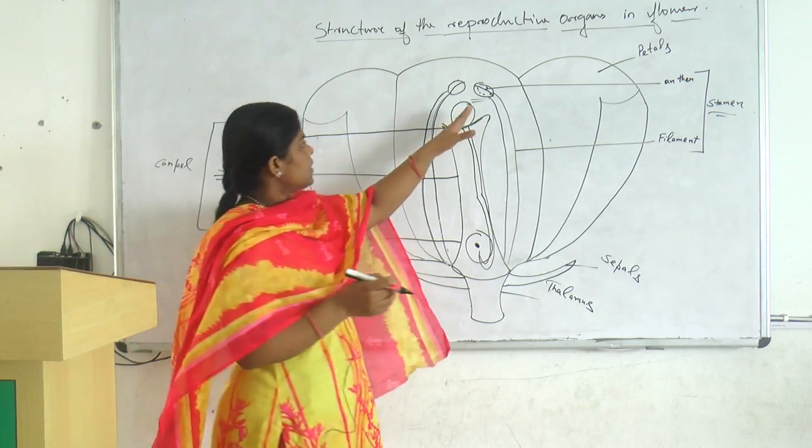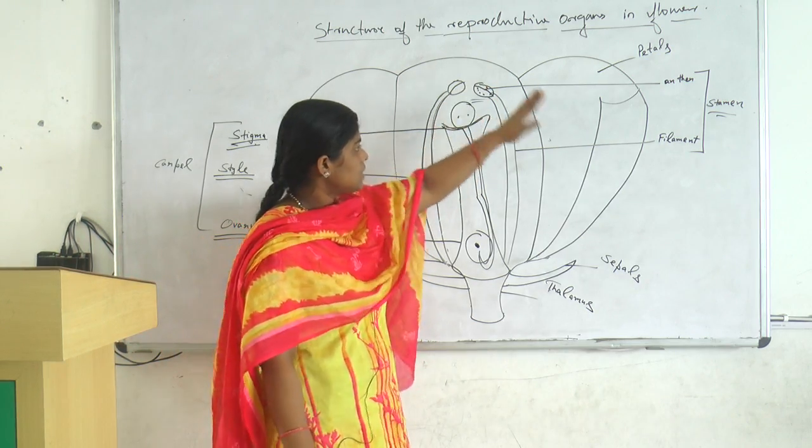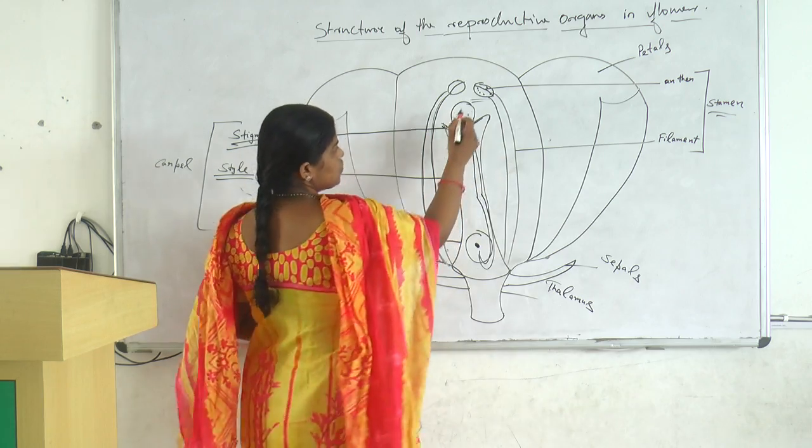So the first one, the male reproductive structure, is the stamen. It has two parts. This one is the anther, this is